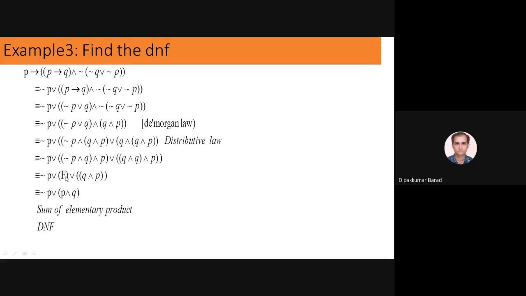And instead of this F only, you can also write it like this: not P and P, where you can apply the associative law, and not P and P is false. False and Q, again I get false. So ultimately I get F. Now F or not P, which is not P only.